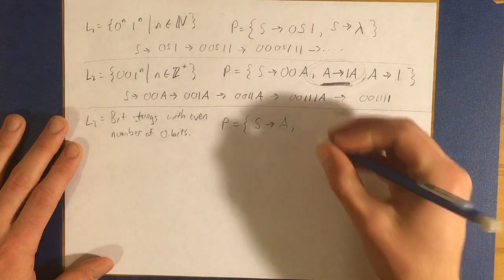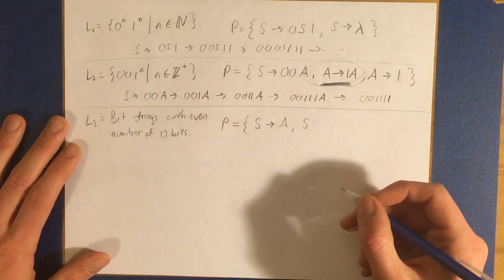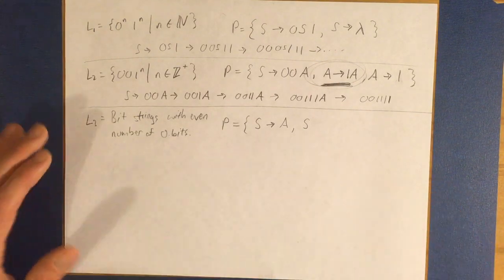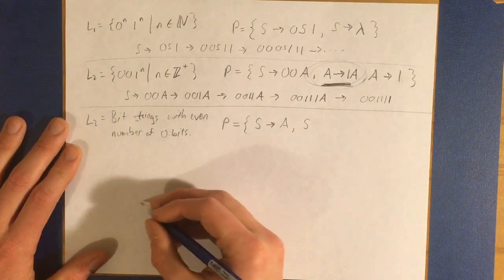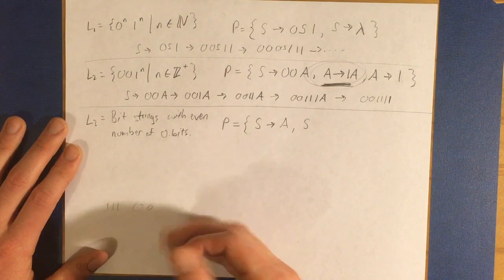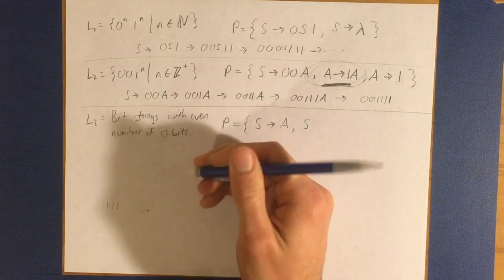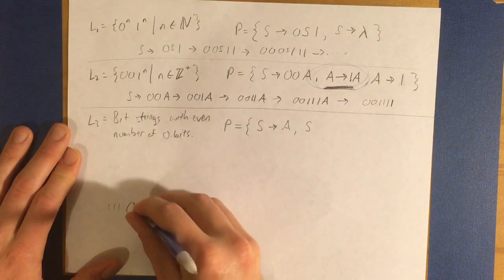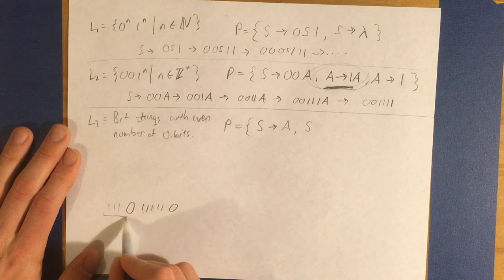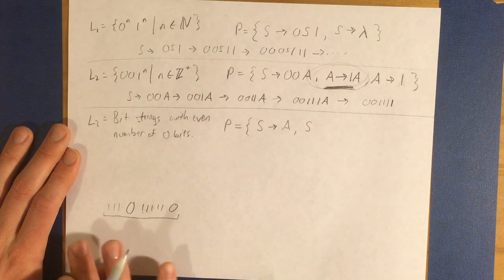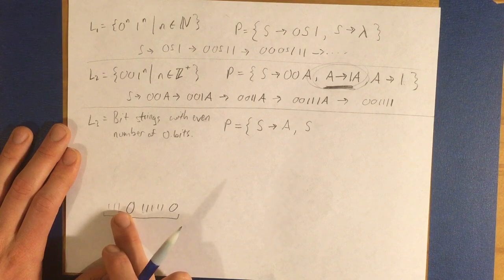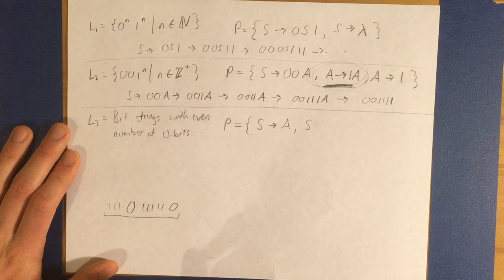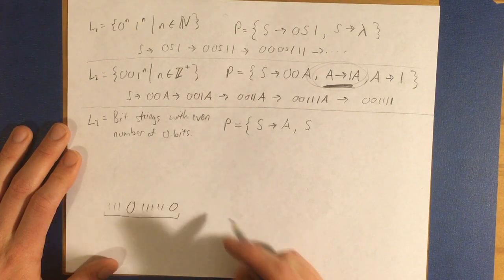The other possibility here is that you take your S and you introduce 2 zeros. And to introduce 2 zeros, I'm going to draw down here. Basically, I'm imagining you might have some ones at the beginning. You're going to have a 0, and then you might have some ones in between, and then you're going to have another 0. And what I want to do is create string segments of that format. Some number of ones followed by a 0, and then some number of ones followed by another 0. Just like that. And I don't want to put ones at the end, because what I'm going to do is